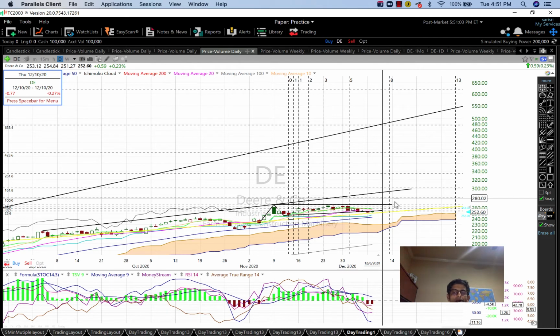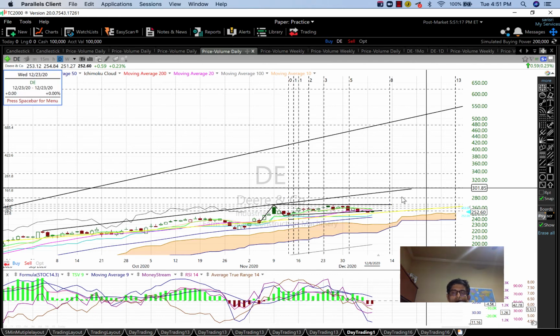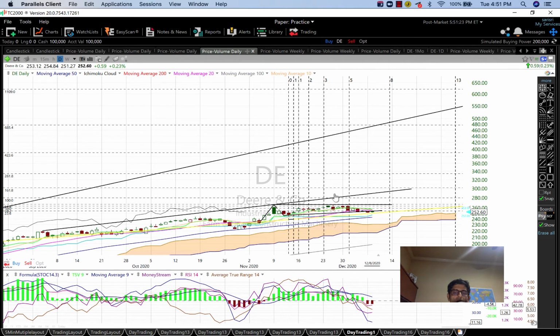If not, then again, we might have to roll these calls and see if it happens, right? So I'm being very cautious on this. But again, the long-term view looks fabulous. If you look at it, it is also looking to go to around the 290 area, okay? So if you can play Jan calls, that will be awesome for this.